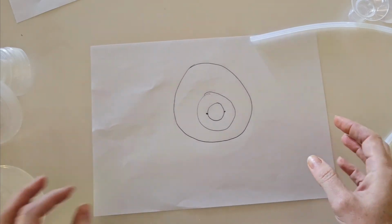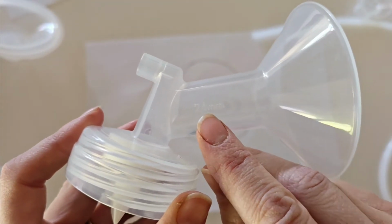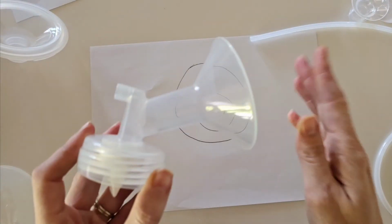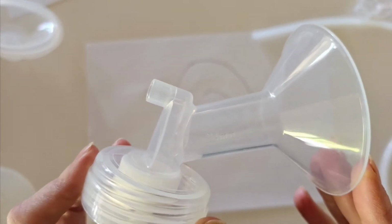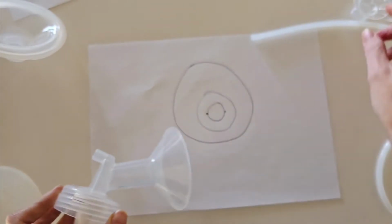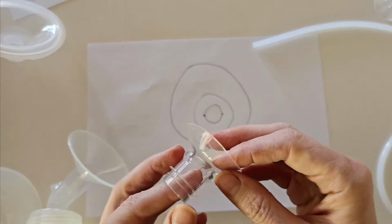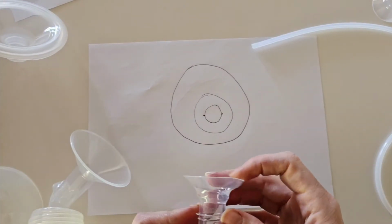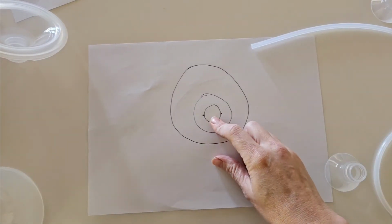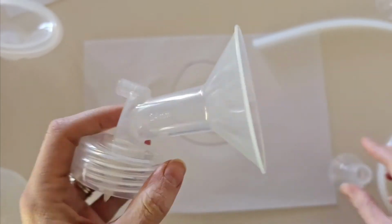So when we talk about sizing for flanges, most come with a standard, you'll see on here it's written a standard 24 millimeter. So if this nipple here is around a 22 to 23, ideally I would still use the 24 millimeter flange sizing, because in terms of sizing they go up from a 15 to a 17, 19, 21, and then 24. So you're going to want to find the closest to your nipple size. Very easily, if say you are actually a 17 millimeter nipple, but your pump is a 24 millimeter flange,